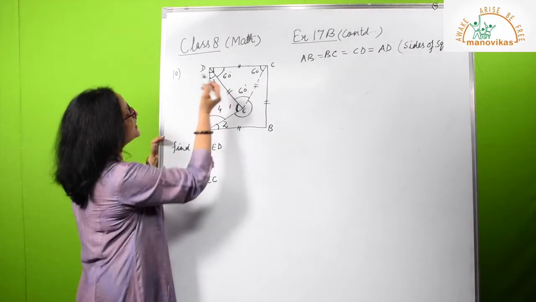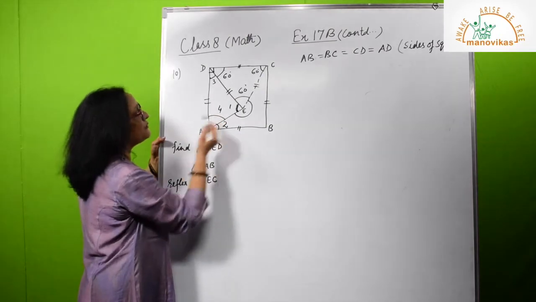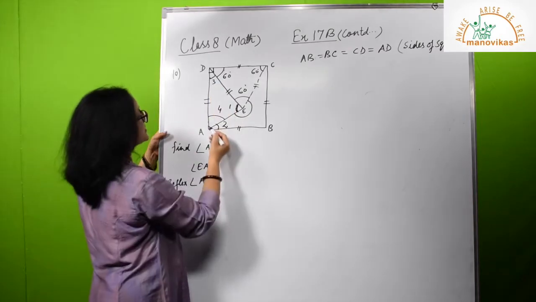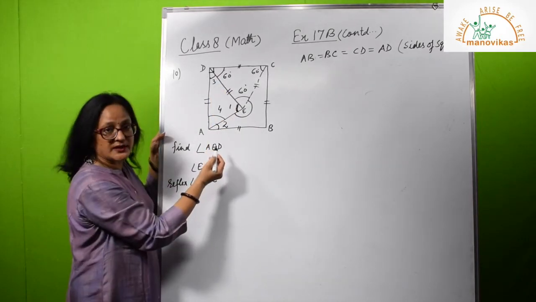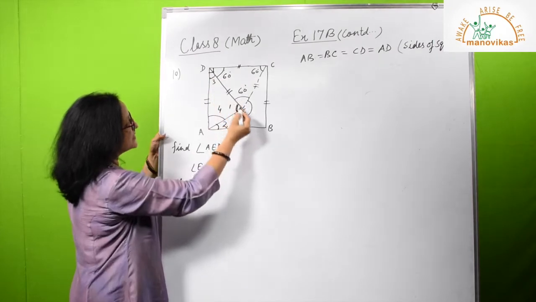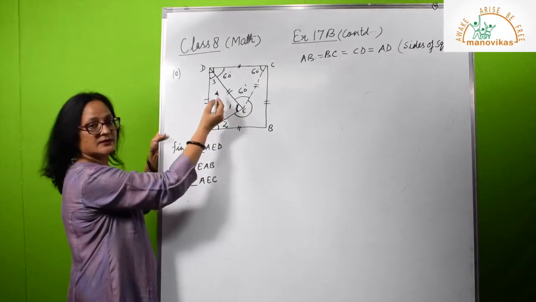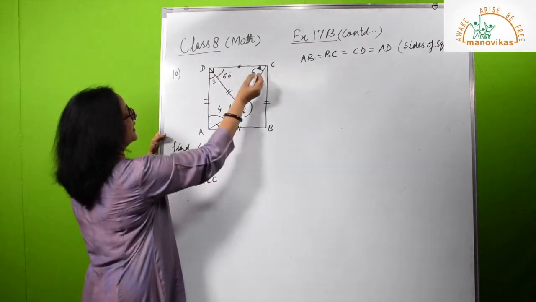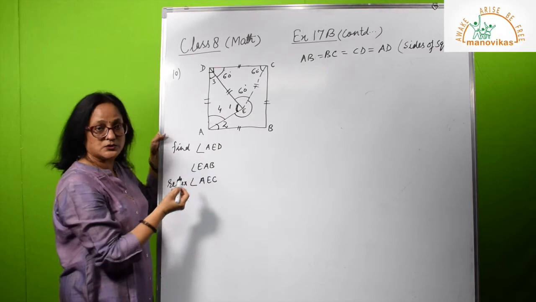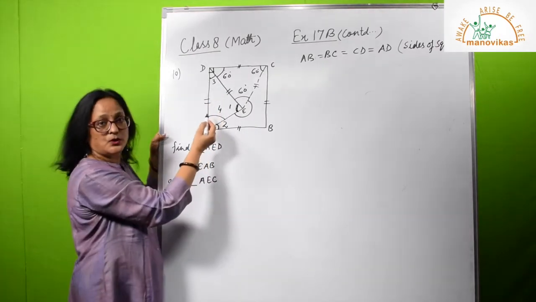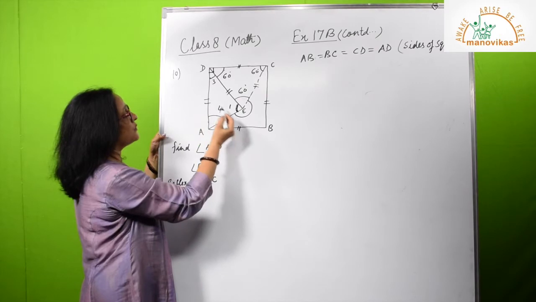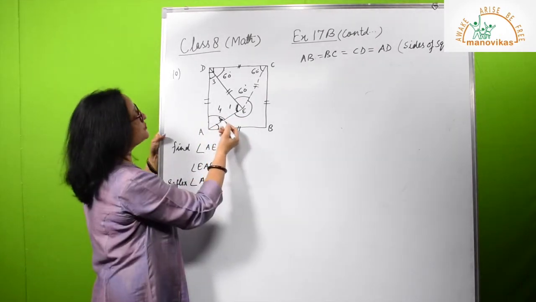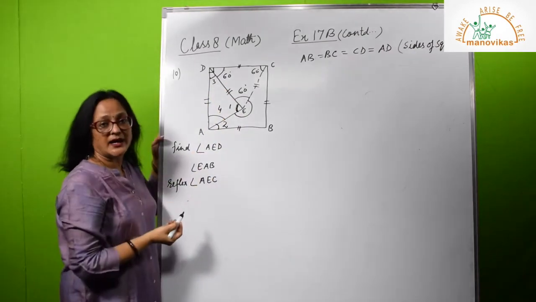So angle 3 will be 30 degree. Now if angle 3 is 30 degree, we have to find angle 4. How can you find it? Because ADE is an isosceles triangle. Why an isosceles triangle? Because DE is equal to AD. How is DE equal to AD? Because CD is equal to AD and CD is equal to DE also. That means these two sides are also equal. So when these two sides are equal, angle 1 and angle 4 are base angles. So we can take these two base angles and afterwards we will use the angle sum property.